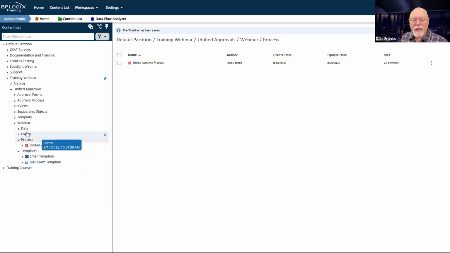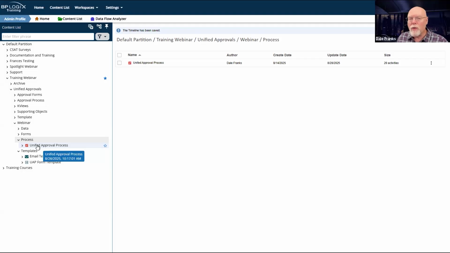I'm going to export this template to a PDZ and re-import it into forms. Obviously, I'm going to rename it and make some other changes. And when I do, it will automatically know that it is hooked up to the unified approval process because of the specific way that I've structured this to ensure that the process is in a sister folder.